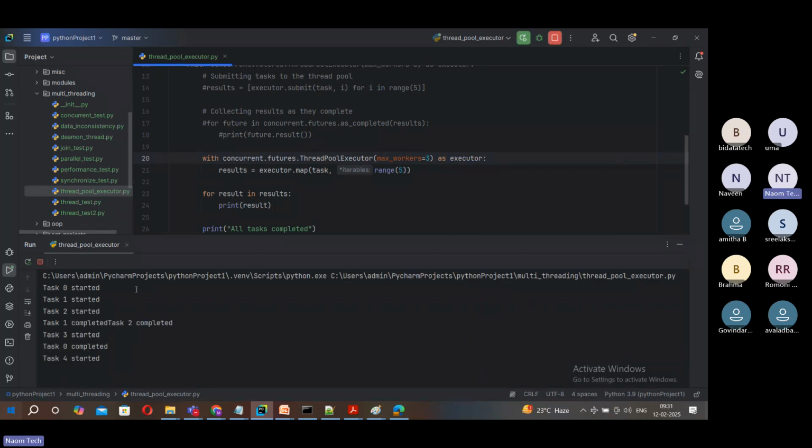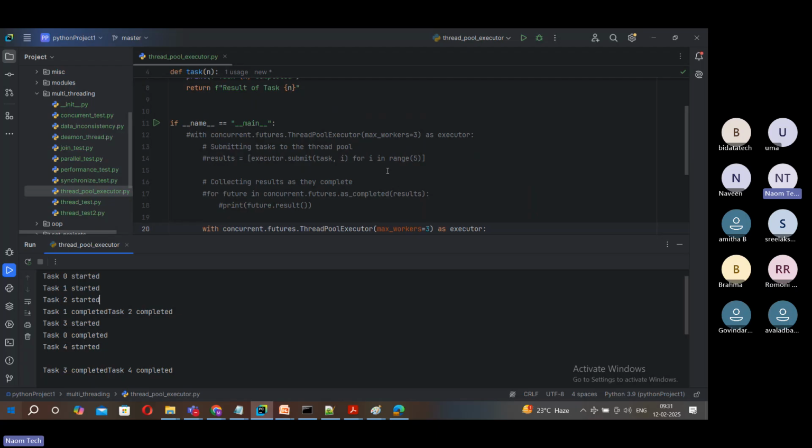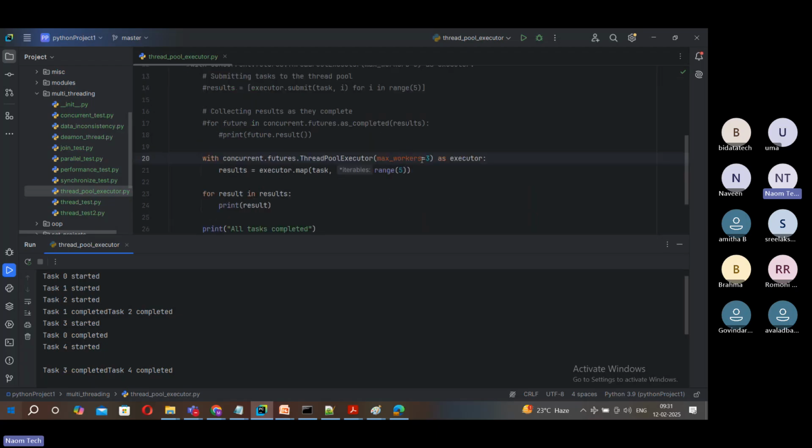The execution will be almost the same, no big change. You can see now three tasks are started, because our worker object allows a maximum of 3 workers. So the thread pool allowed three threads to start first, and then